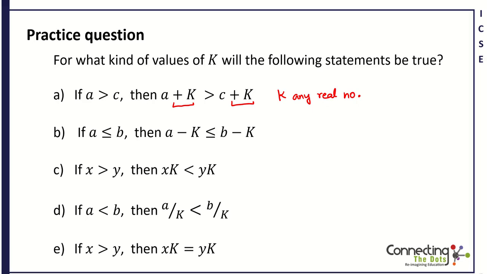It can be positive, negative, rational, irrational. K can be any real number and this will still be true. I can write it as just